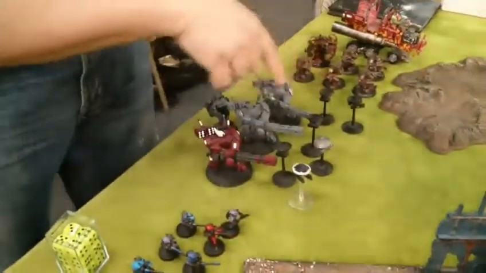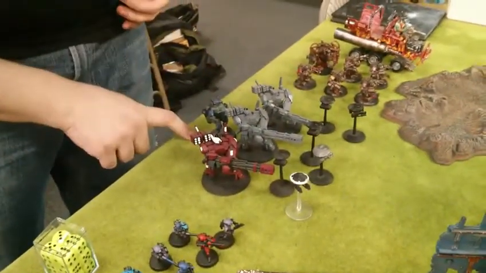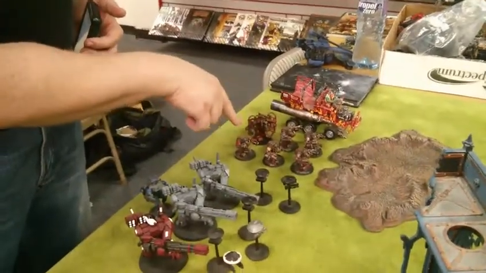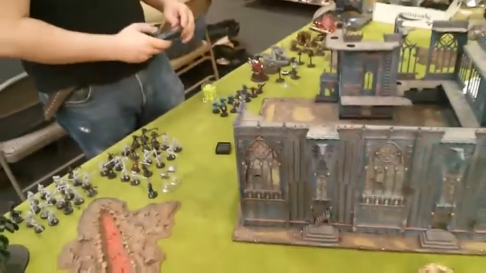Is that one big squad? That's one big squad. All those are actually missile drones, and we have the commander with all the bells and whistles. And then we have a 5-man Meganob unit with Gazgul Thraka and a truck with the red paint job. Okay, and we'll go from...